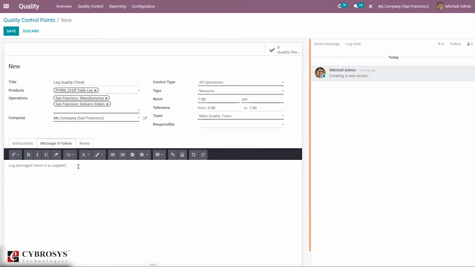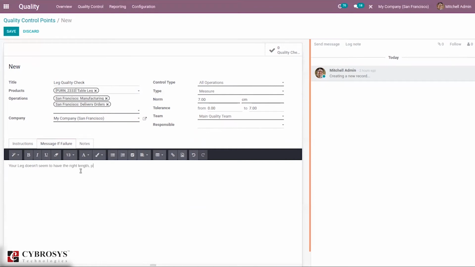So for this also we can set a message if failure. Your leg doesn't seem to have the right length.